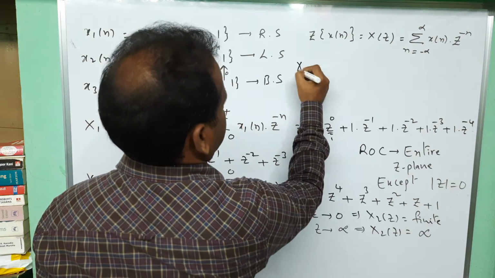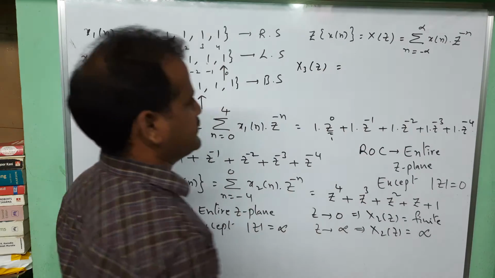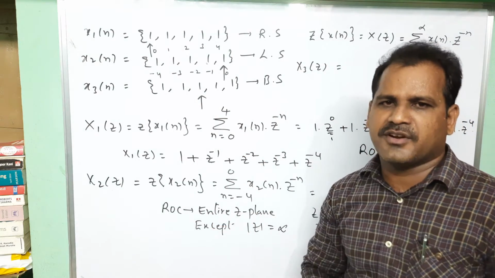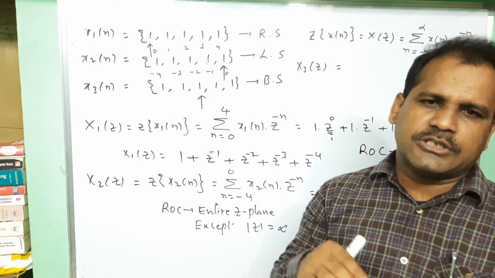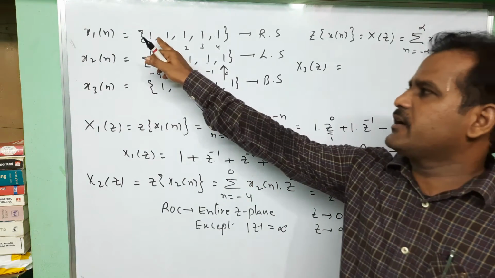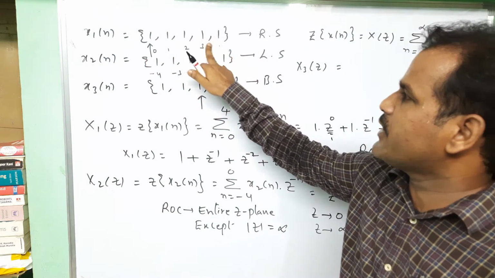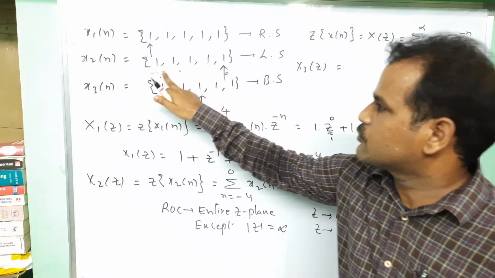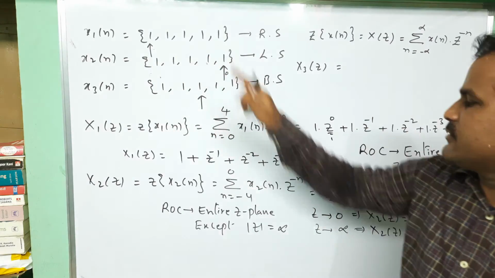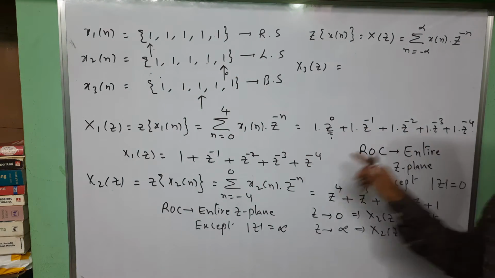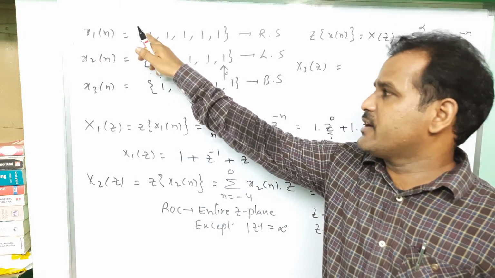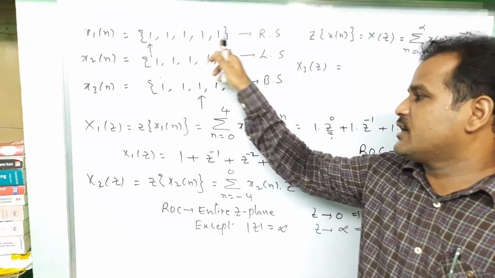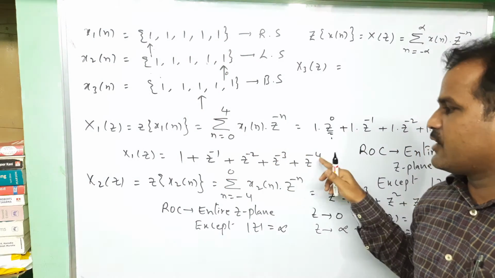I am writing here X3 of z. I suggest you observe these two polynomials. It is very helpful in solving problems in competitive examinations, to save time. How? We will get the sequence like this, and we need to find the z transform from this. Here there are 5 terms in X of z. The 0th element will be multiplied with a constant; it is just a constant, you can take it directly. And from the next onwards, z negative powers in increasing order you can observe.